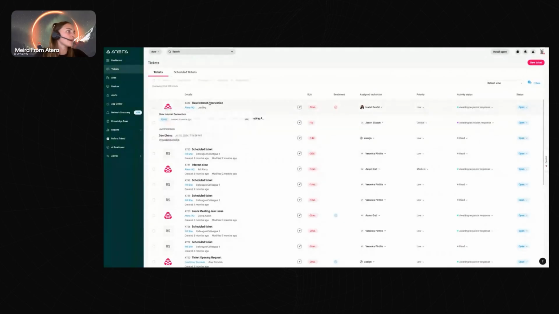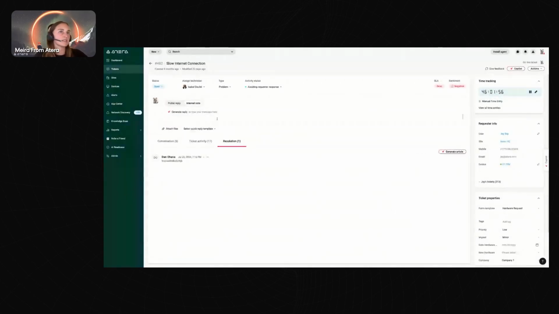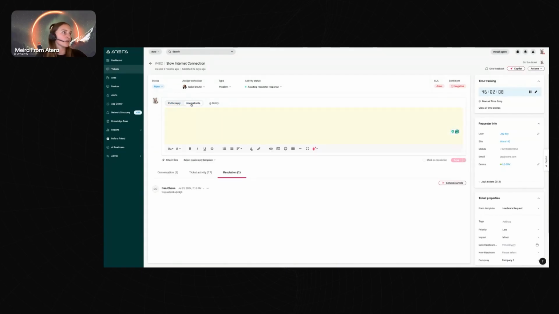Perfect. If I click into a specific ticket itself, you'll see here you have the status of the ticket, who is the technician, what's the type of ticket, and you have the option to give a public reply or an internal note, and that's to, let's say, one of your colleagues. You can tag them. Something interesting about a public reply, if I want to just say,